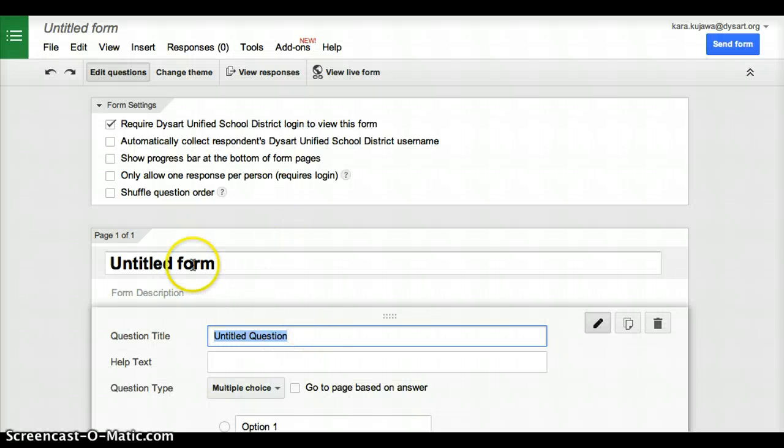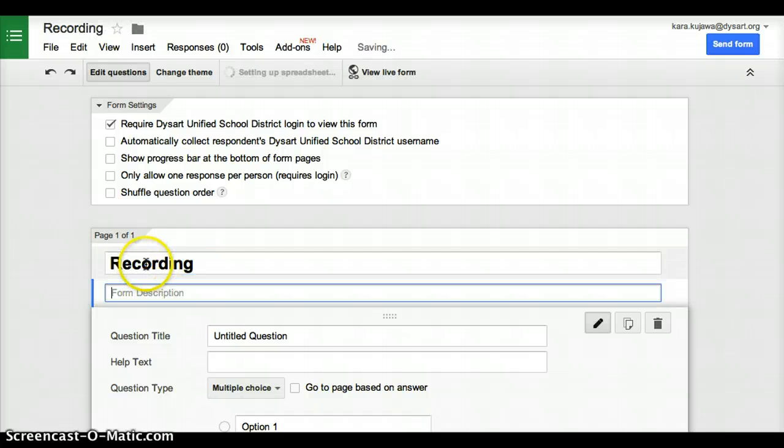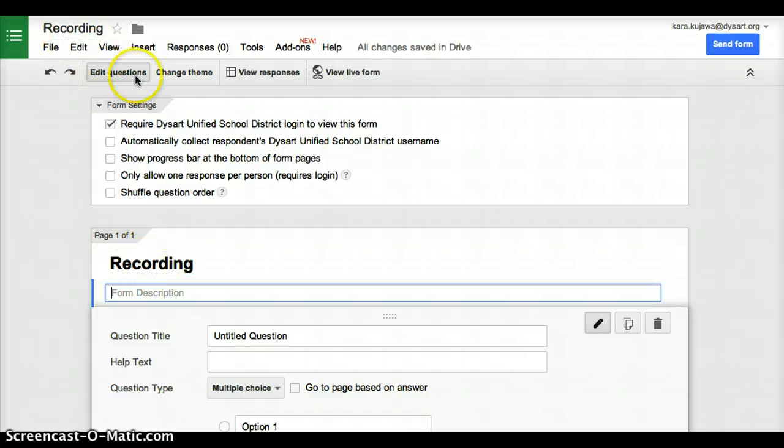And when it gets us here, we can change the title of our form. When we change it, I'll change it to something that I'll recognize, and you'll see that when I change it here, it also changes it up in the title area up there. Form description, that would be a place where I could put the directions for my form. If I'm using it for a quiz or just a way of gathering responses from students, I can just put